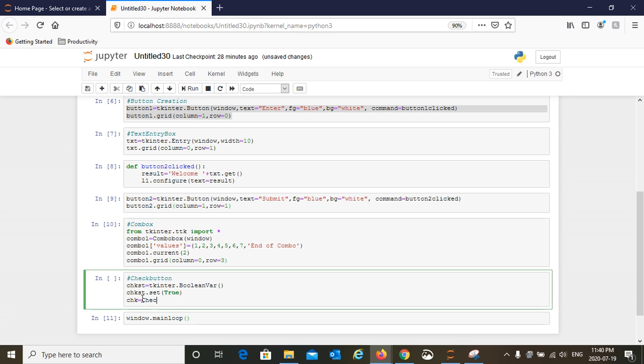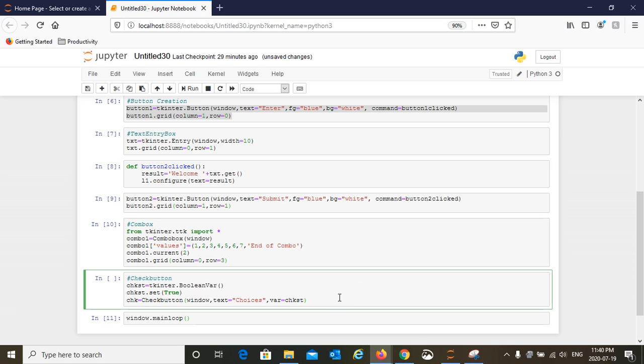So the check button is going to be Checkbutton, and then of course it's going to be on window. So the first option is window, then the text of the button, I'm going to say choices, and then the variable for this is going to be this guy, chkst.